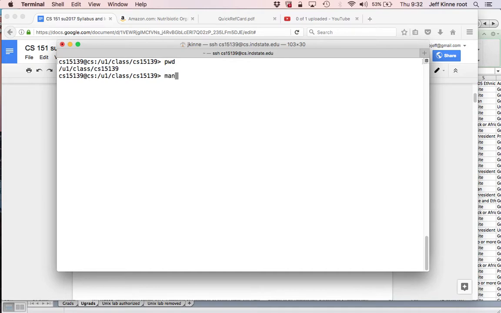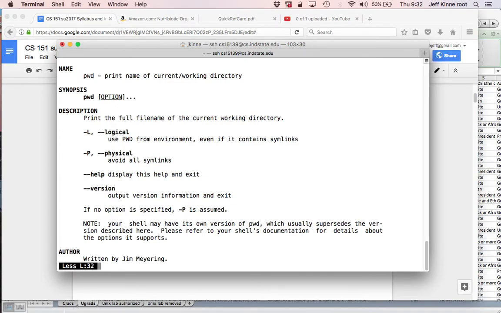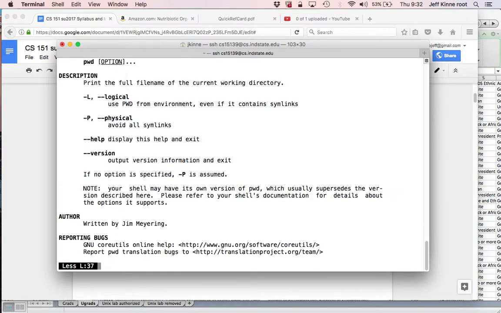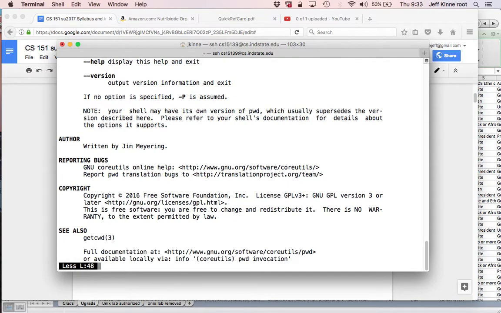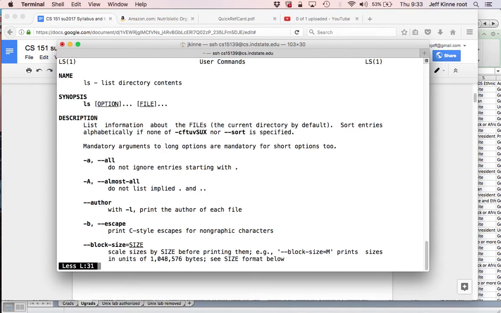Man is a command for manual, and I can do man and then some command. The commands that we've been using, for example, I can do man pwd, and that shows help information on the pwd command, and oftentimes there will be options. Not anything exciting there on the pwd command. I could do man with ls, that's the list directory contents command, and now there's going to be